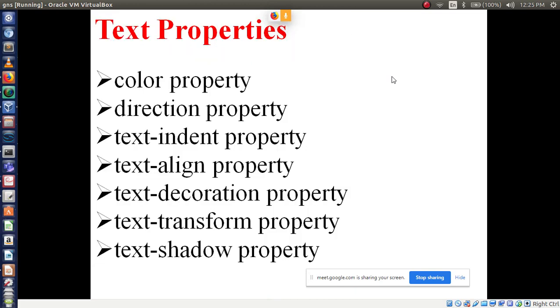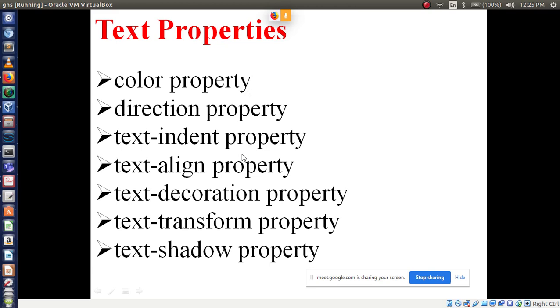Now we will see text properties. What are those? These are all different kinds of text properties. In the main exam they may ask separately, or they may ask group-wise: explain text properties with an example. If they ask in that way, you can list and explain any 5 properties.